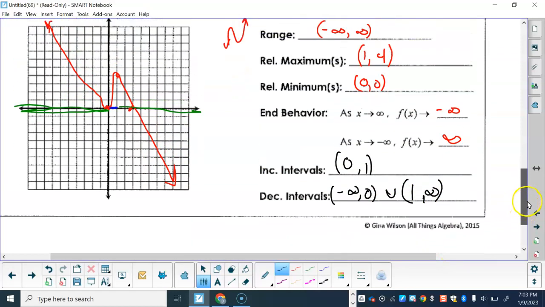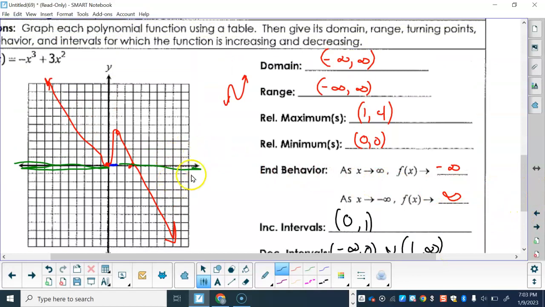Okay. So that's everything, and that helps me get a sketch of what that graph would be like. It doesn't have to be perfect. All right, we just kind of need to know where those changing points are. We'll figure out where it crosses the x-axis, where it crosses the y-axis a little bit later, but that will give us a sketch, and that should allow you to do the next 3 on the next page,